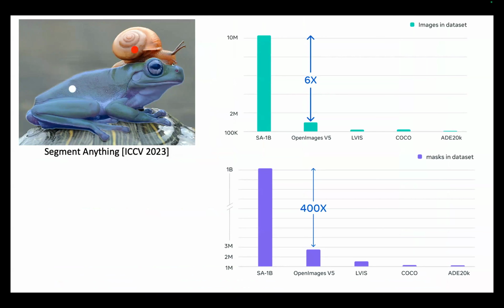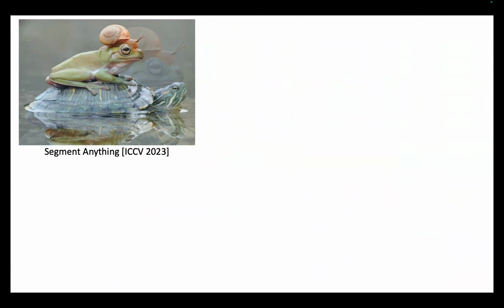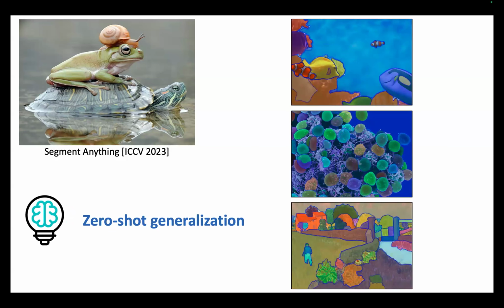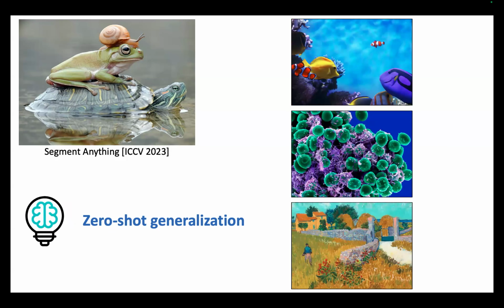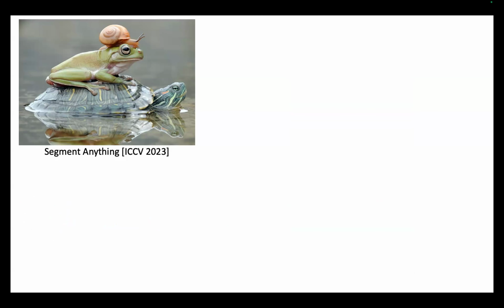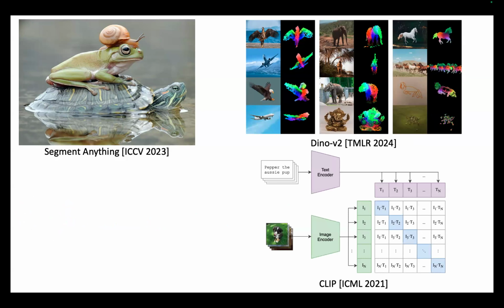So the most interesting thing, aside from performance, is that it has a strong zero-shot generalization ability. It works remarkably well for images outside the training distribution. So it's very likely that when you scale the data sufficiently large, interesting properties emerge. And this is not just a single example; there are many other successful stories in the community that if you train on large-scale data, then you will get more generalized performance, such as dynamic view and